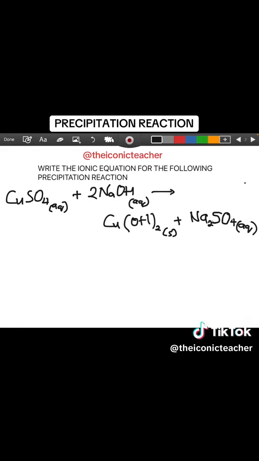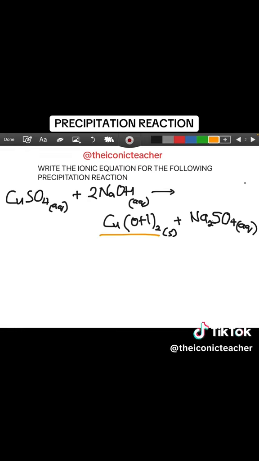identify the precipitate formed. Now, in this precipitation reaction, a precipitate is formed, and that is copper hydroxide. We can see that every other compound there has aqueous state, but this copper hydroxide is in the solid state. So this is our precipitate in this reaction. Then step number 3,